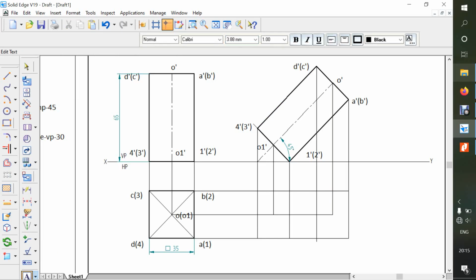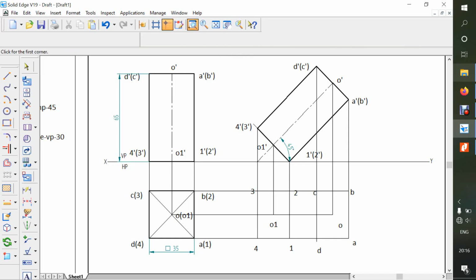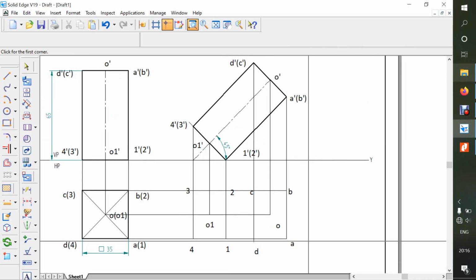First extreme end here is B, this is A, so AB, this is C, and this is D, and here are 1, 2, 3 and 4, and O1 here. So O1, and here it's O. This is how exactly you can see. For the time being, just zoom only this part.